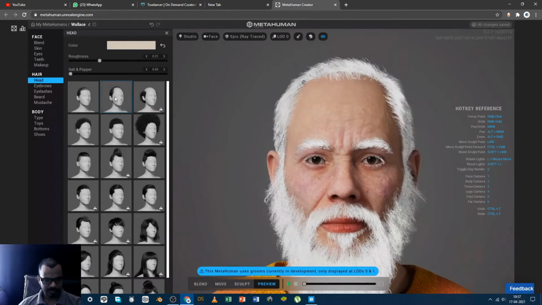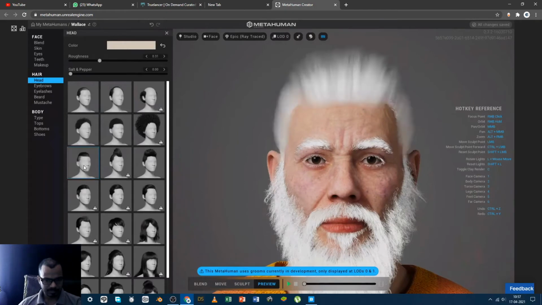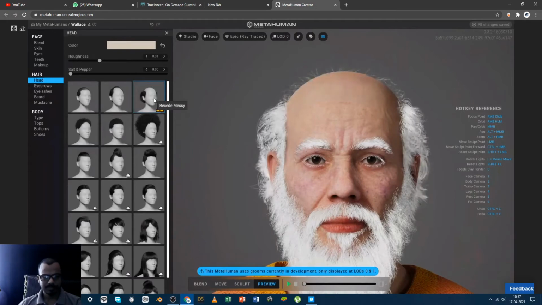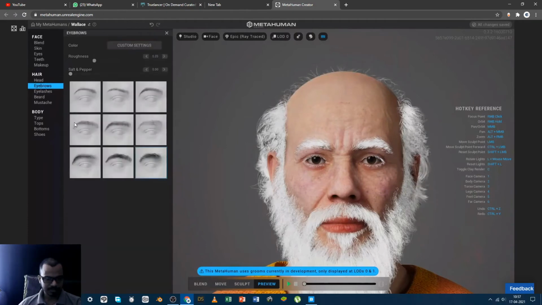Just have a look. Then eyebrows. I have chosen this. If you choose a thin eyebrow, it looks like this.